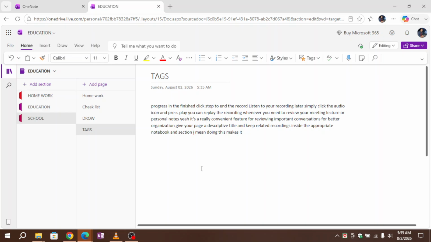Hey everyone, Microsoft OneNote makes collaboration simple by letting you share notebooks with coworkers, classmates, friends, or family members. Whether you're working on a group project, sharing meeting notes, or planning an event together, shared notebooks help everyone stay on the same page. In this tutorial, I'll show you how to share notebooks in Microsoft OneNote step by step,